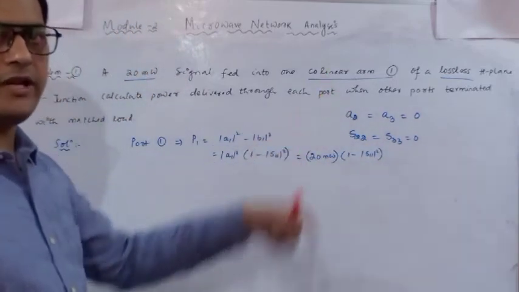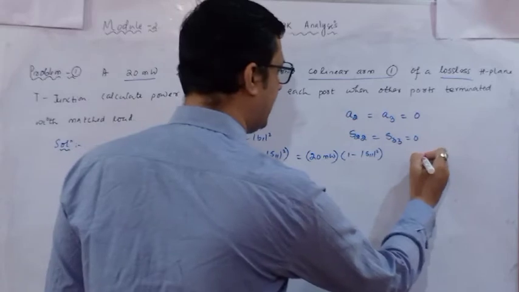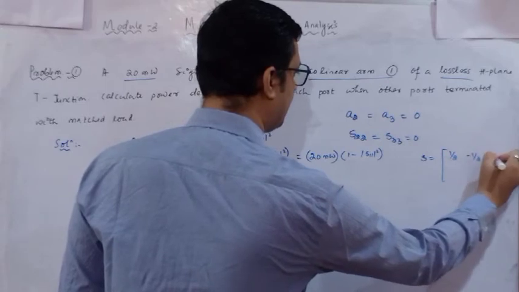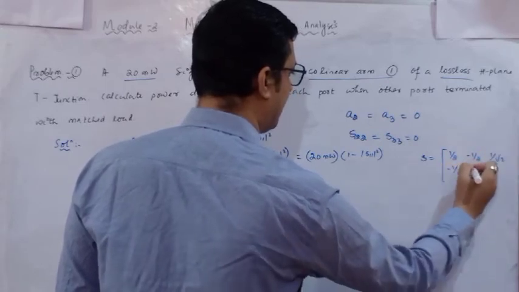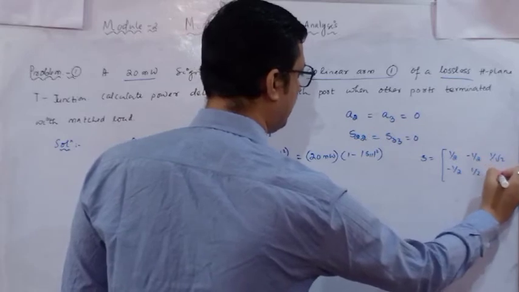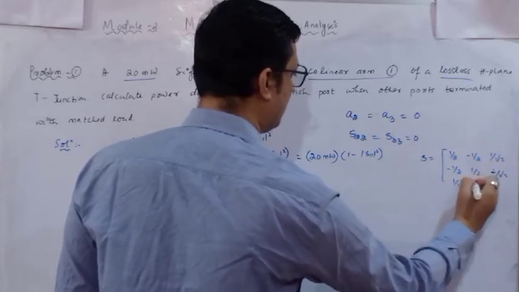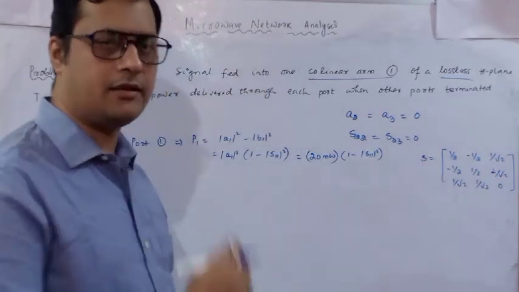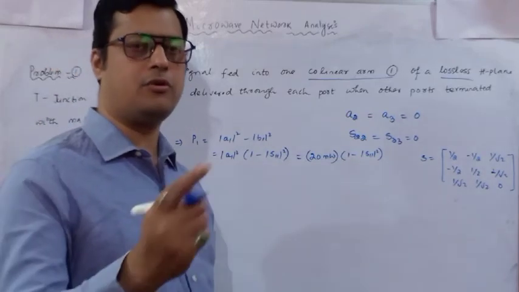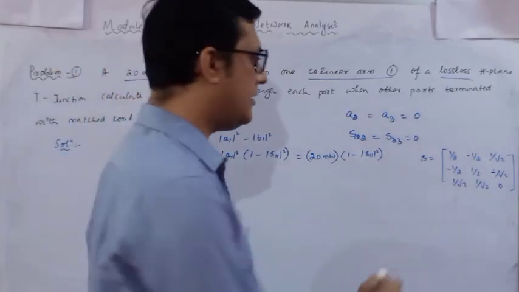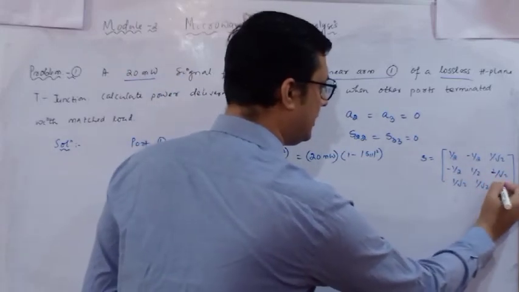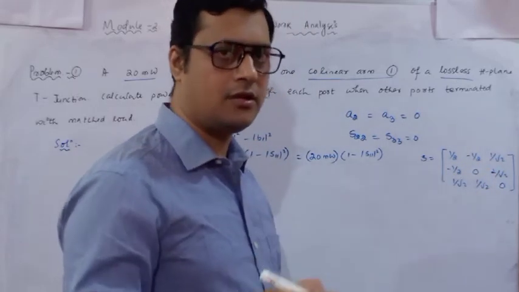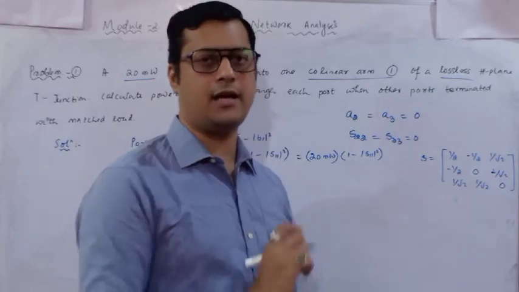Now since it is an H-plane T junction, as we have determined this scattering parameter, this is half, this is minus half, this is 1 by root 2, minus half, half, 1 by root 2, this is 1 by root 2, this is 1 by root 2, and this is 0, like this. Now as per the given question, your port 2 and port 3 are perfectly match terminated. So that means S33 is 0, and S22 is also 0, not half, it is 0. If it is not matched perfectly, you can assign half for that.